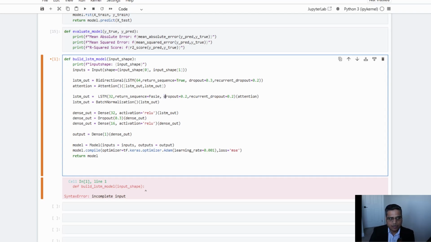The simple rationale behind using the dense layer is to learn the final feature transformations, and the dropout is to just guard against this overfitting problem. And at the end, we are just having another dense layer with one unit to have an output. We are compiling the model with Adam optimization with the loss function of mean squared error, and we are returning the model. So together, these components, these different layers like bidirectional LSTM, attention, batch normalization, and dense and dropout layers,